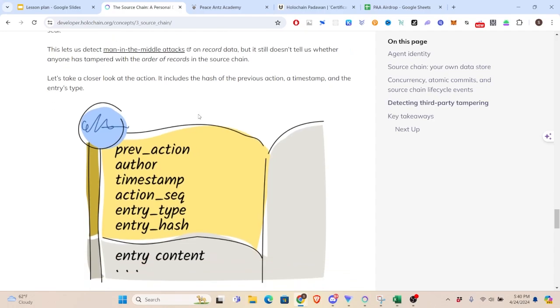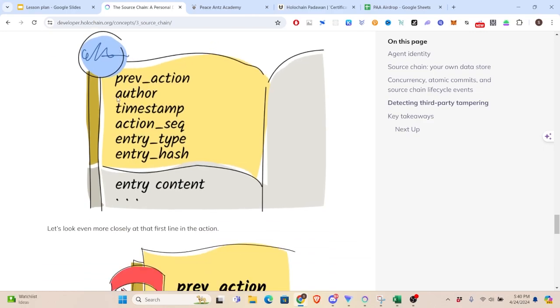Let's take a closer look at the action. It includes the hash of the previous action, a timestamp, and the entry type. So previous, and so this is kind of like just how blockchain works. It takes the previous data or block and